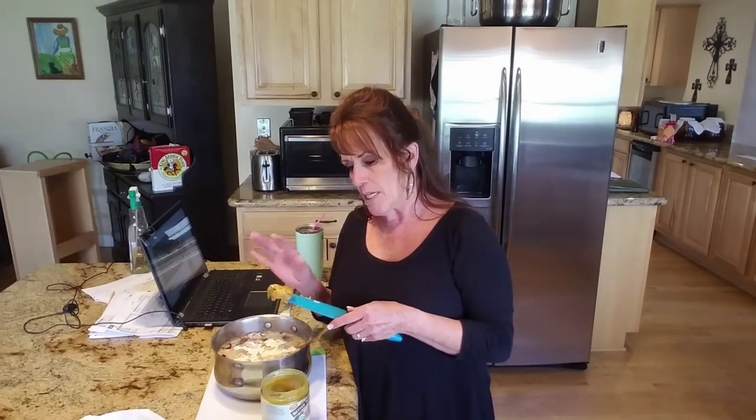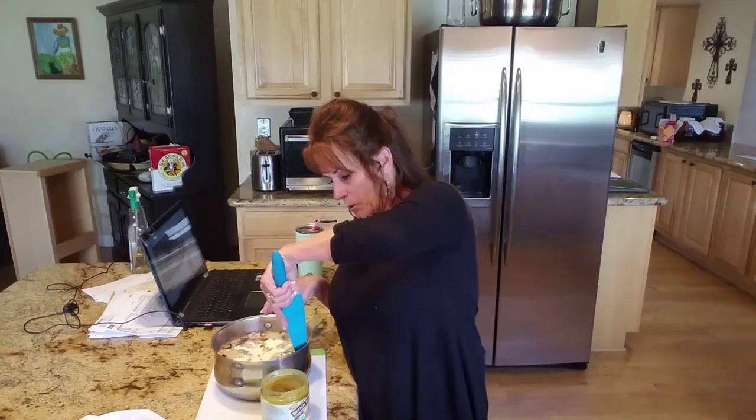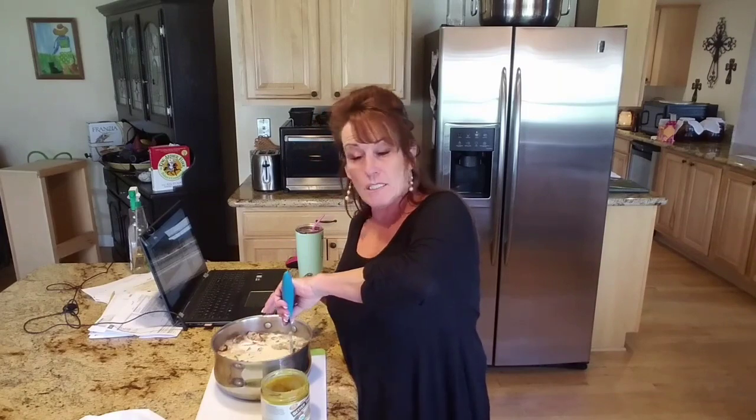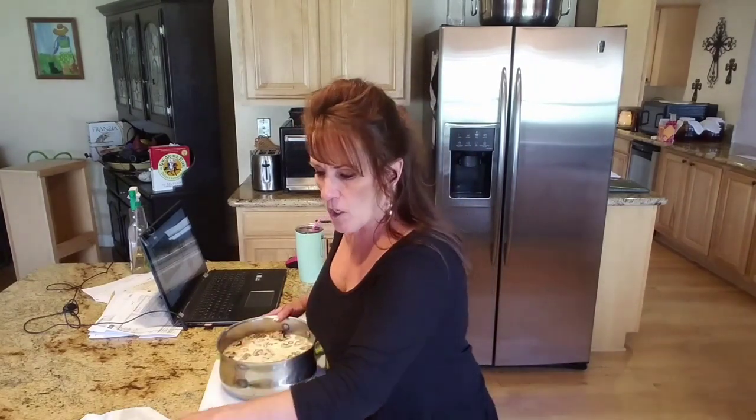Now, because I'm going to be putting chicken in here, and all I've got in here is filtered water, a little bit of cream, I want to add some Better Than Bouillon, about a tablespoon, because there's, what, 4 cups of water, 2 cups of rice that I washed really good, and the mushrooms. I have dehydrated onion and a little bit of onion powder, about a teaspoon of onion powder and 2 tablespoons of dehydrated onion. I'm going to put some garlic in here,